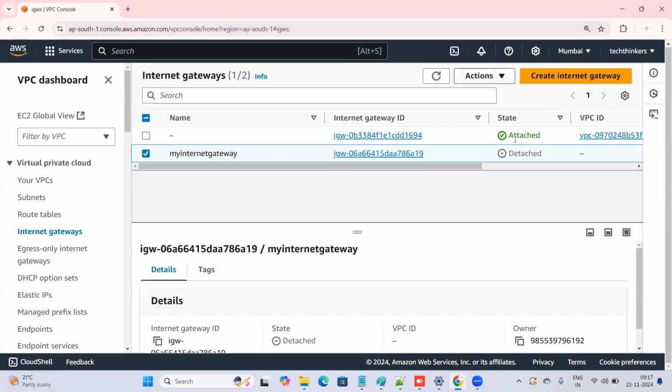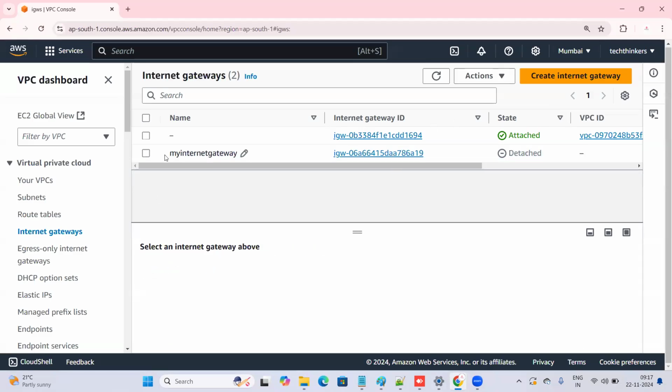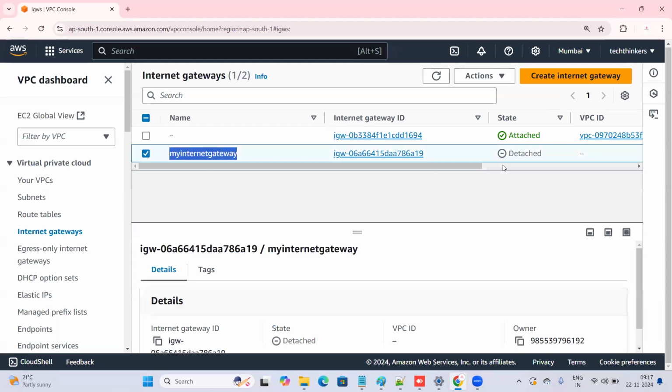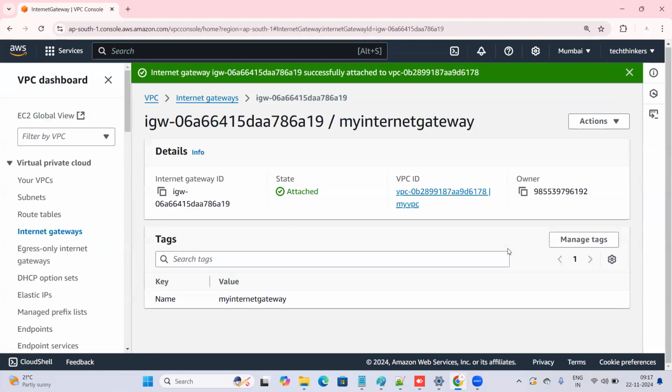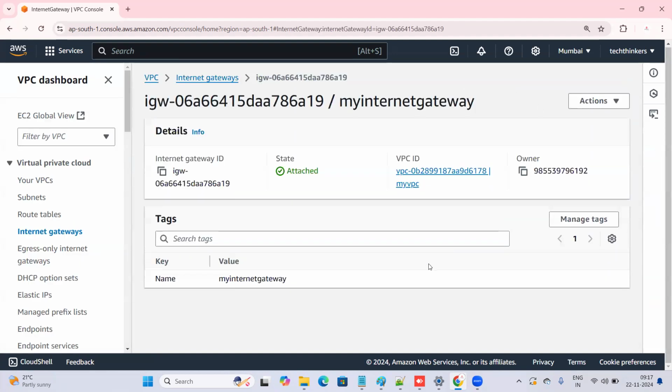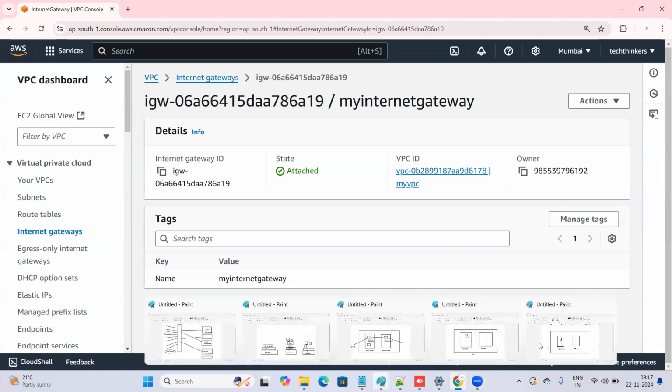Select the internet gateway, and you can see that immediately after creating it, the status of the internet gateway is Detached. Okay, select the internet gateway, go to Actions and attach to the VPC. Select the VPC name, my VPC, attached. That's it. This is how we attach the internet gateway. One step is done. So now we have attached an internet gateway to the VPC, but